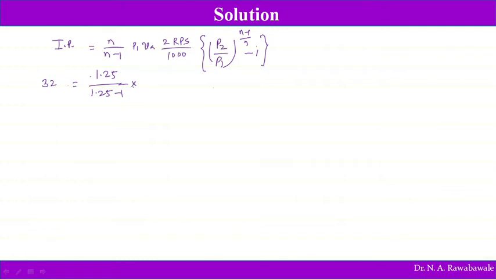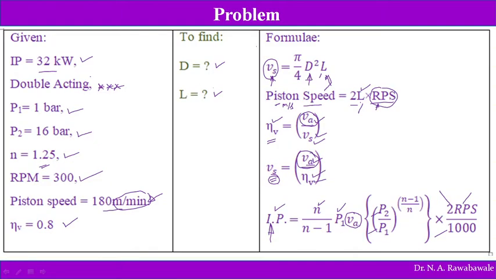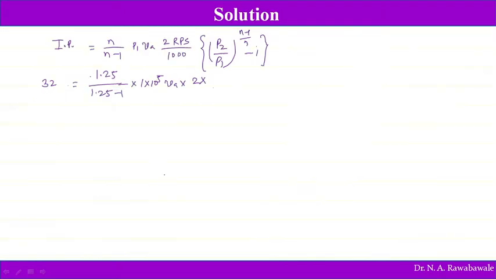Inlet pressure P1 is given as 1 bar, 1 into 10 to the power of 5, into VA. This we want to find out, into 2 times RPS. RPS is not given, RPM is given, revolutions per minute. RPM in 1 minute divided by 60 is nothing but RPS. So 300 divided by 60, 5 RPS, revolutions per second. RPS is 5